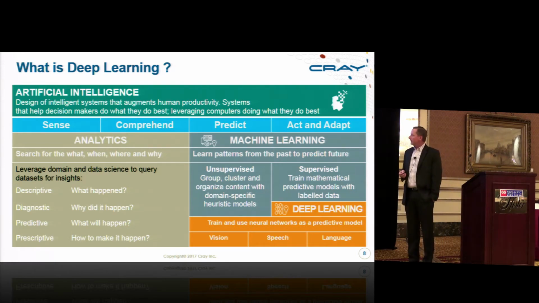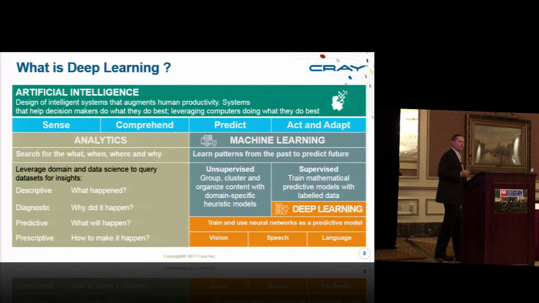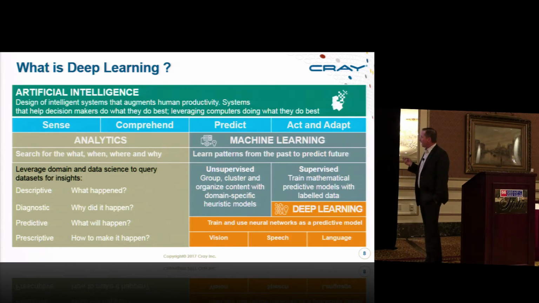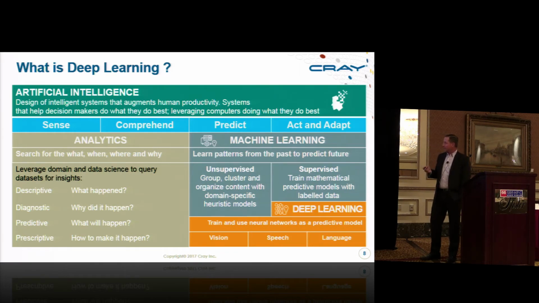We still view analytics as being a fairly important part of the process. There's a certain maturity model that comes along with aspiring to do artificial intelligence, and it absolutely starts with analytics. Analytics is where you start to get familiar with your data, where you start to understand what type of data you have, the quality of the data, and really the confidence factor that you have in that data. And then as you start to move down that continuum, you start to be able to leverage technologies like machine learning, both unsupervised and supervised, and then that's where we get into deep learning, which tends to focus on use cases around vision, speech, language, those types of things.